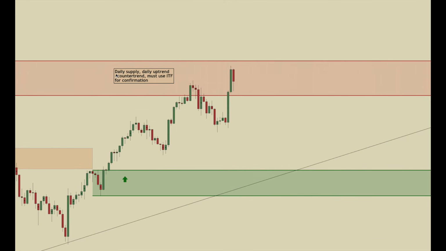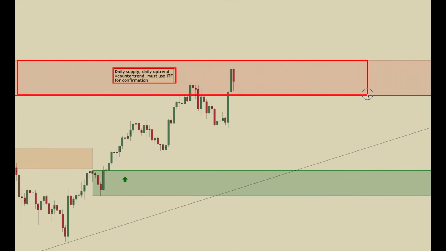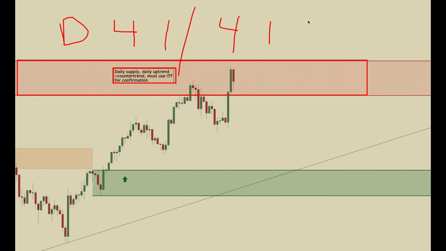All right, so here we are on the 4 hour time frame, and as you can see, I wrote right here, daily supply, which is this big area here, daily uptrend equals counter trend. We must use an intermediate time frame, which in this example would be the 4 hour, in the daily, 4 hour and 1 hour sequence. If this was a 4 hour zone like this, and your intermediate was a 1 hour, and then 15-minute was your entry, you would have to go